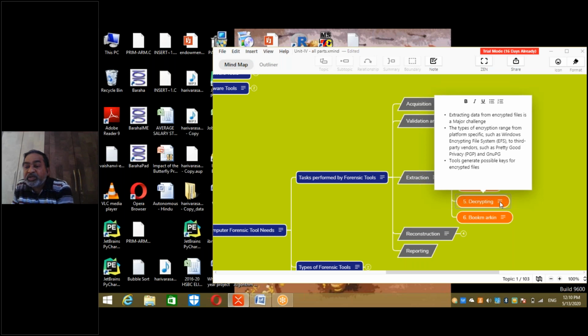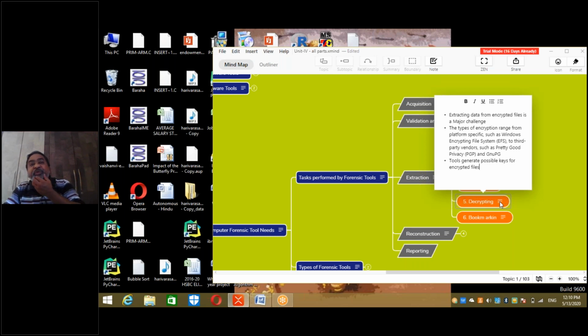Tools generate possible keys for encrypted files. Remember, when a file is seen as an encrypted file, the file is not decrypted directly. No tool does that. The tool can only list the possible decryption keys, what we call candidate keys, generated for decryption purposes.